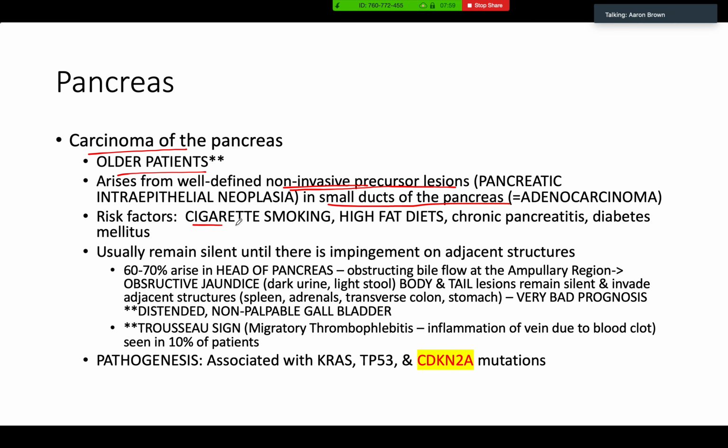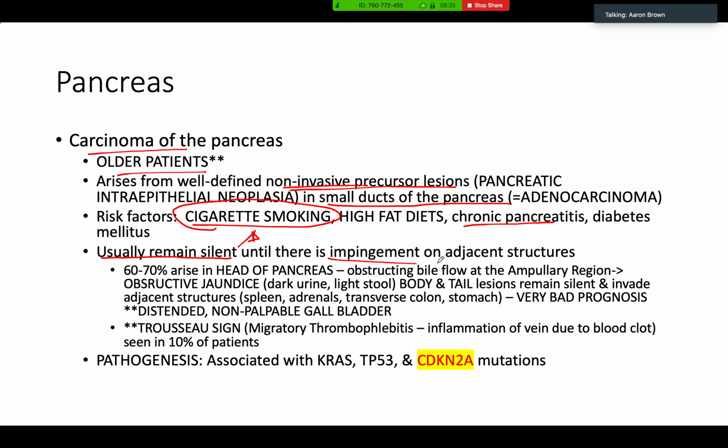So risk factors here, cigarette smoking is huge. Of all of your risk factors, I really like you to put a star by this one, because this is the one that they ask you about in terms of risk factors for pancreatitis. They ask you about cigarette smoking. So you got to know that one. High fat diets, chronic pancreatitis. These patients that have repeated bouts of pancreatitis have a higher risk, obviously. Diabetes, especially type 1, where you have all of those autoimmune cells in there destroying parts of the pancreas that leads to inflammation. Inflammation can lead to cancer. Okay, and so again, the big problem with pancreatic cancer is these usually remain silent,